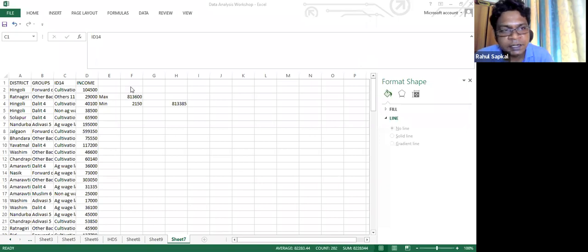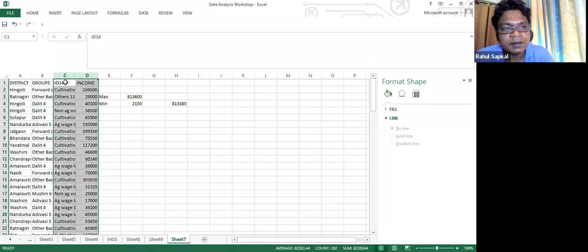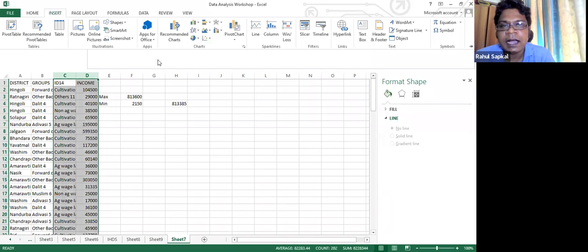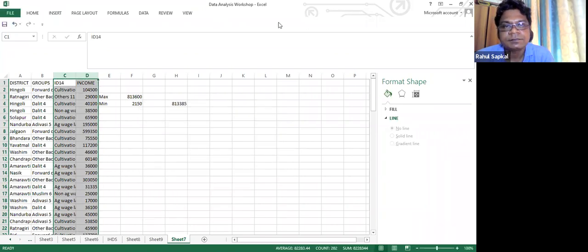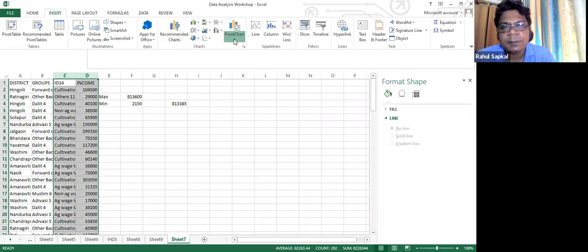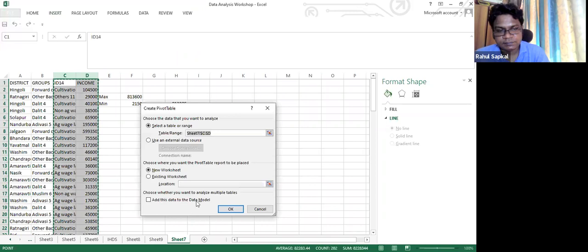Now again, volunteers, just select ID 14 and income. I have selected. Then I will go to insert, pivotal chart, pivotal chart and table, new.